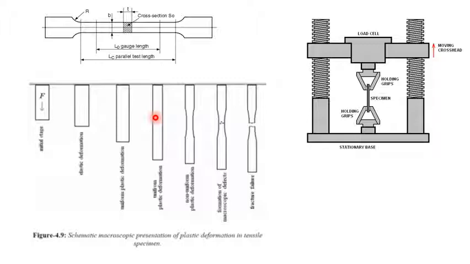For example, if you have a spring or a rubber and you press it, what will happen once you release the load? It will again regain its original shape. The same thing happens with metals also, up to a certain limit. Up to that limit, once we remove the load, the material will regain its original shape. Beyond that point, if you increase the load, there will be a localized decrease in the diameter of the workpiece. That is what we call the formation of a neck.